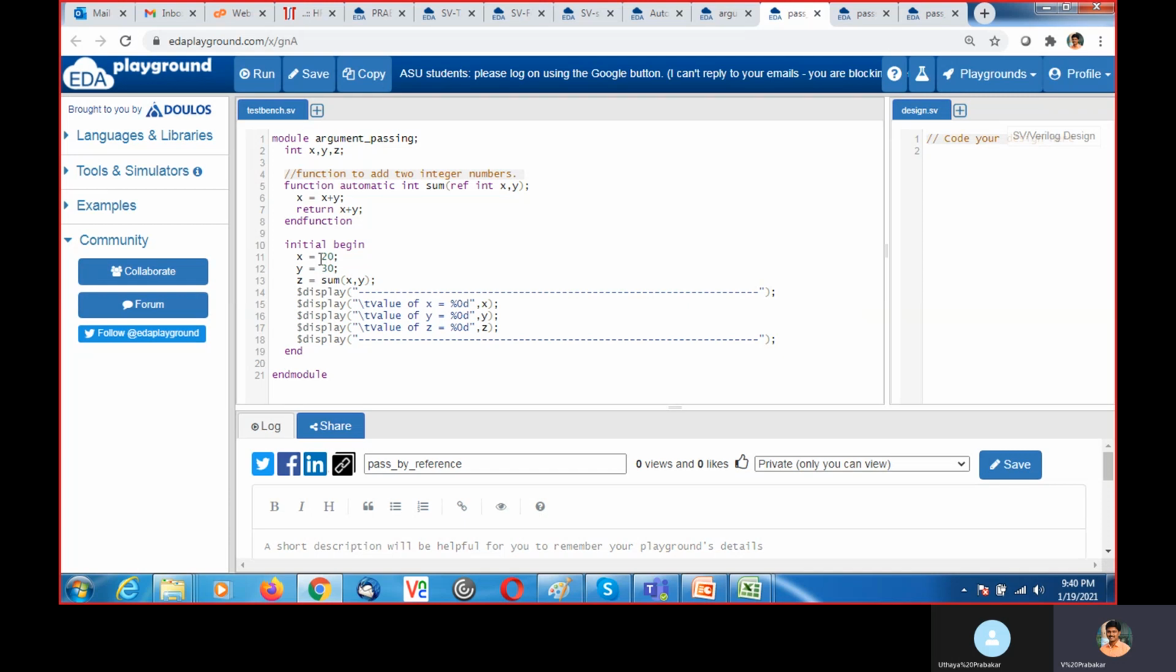I'm assigning value 20 to x and 30 to y. Here I am passing those values. 20 plus 30 is 50. The x value is 50 here. So 50 plus 30, it is 80. It is returning 80. So z is 80 and y is 30, and the x value will be 50,